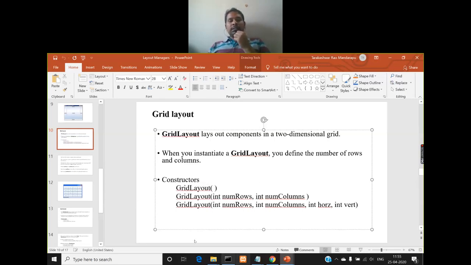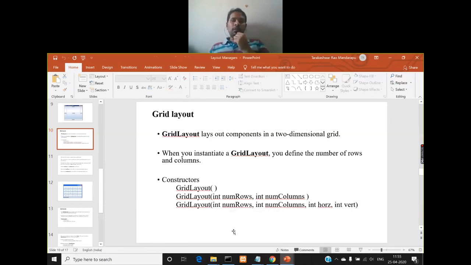Then coming to the third constructor, apart from the first two parameters that you have in the previous constructor, which are the same here also, you will have two more integer parameters, namely horizontal and vertical. They are in short written as HORZ and VERT. So you know that we have used similar kind of parameters in the previous layouts also to specify the amount of space that must be left between each AWT component in a horizontal direction as well as in vertical direction, right? So if you want to do so, you have to use this third constructor.